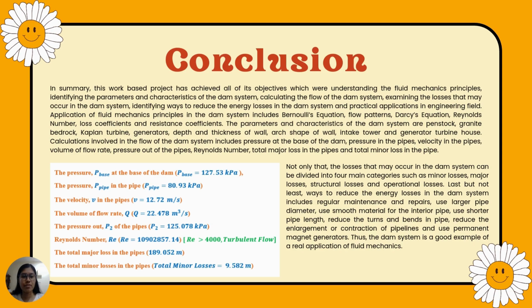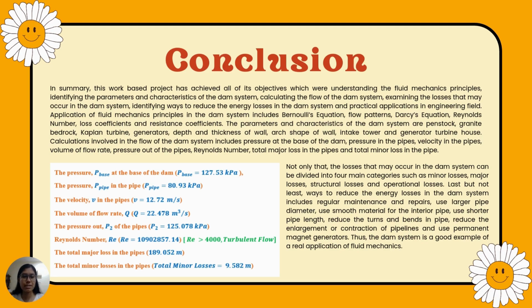Calculations involved in the flow of the dam system include pressure at the base of the dam, pressure in the pipes, velocity in the pipes, volume flow rate, pressure out of the pipes, Reynolds number, total major loss in the pipes, and total minor loss in the pipes. The pressure at the base of the dam equals 127.53 kilopascals. The pressure in the pipe equals 80.93 kilopascals. The velocity in the pipes equals